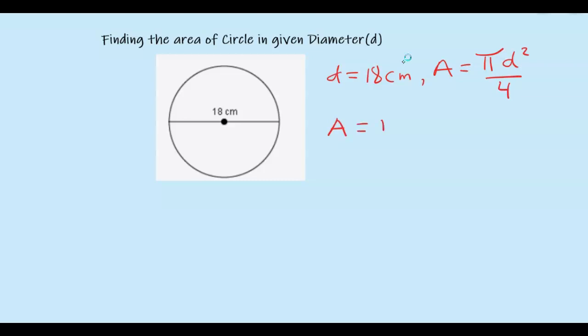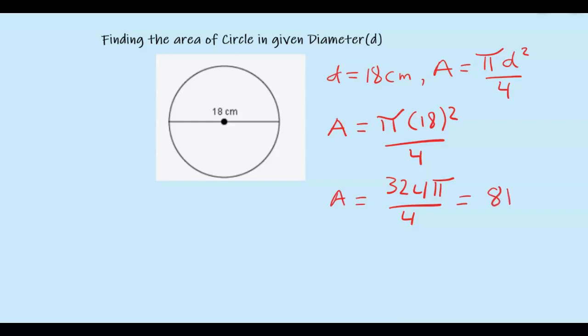So the area will be pi 18 squared all over 4. And that will give us 324 pi all over 4, which is 81 pi. Here we are taking pi to be 3.14, so the area will be 81 times 3.14, and that gives us